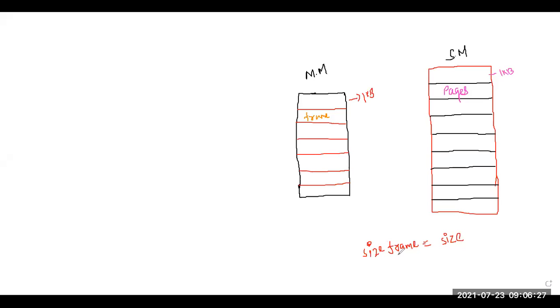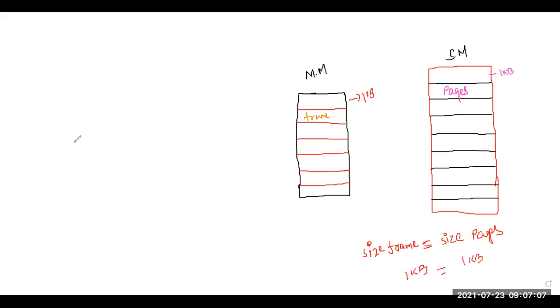What is the answer here? The size of the frame should be equal to what? Yes, in this case, the size of the frame must be the size of pages. It should be equal to the size of the pages. Okay, this is the first condition. So when we divide the secondary memory into different pages, now this size of the pages should be equal to the size of the frames. The different blocks in secondary memory we call pages, and the different blocks in main memory we call frames. If it is 1 KB, then the size of the frame should be equal to 1 KB.